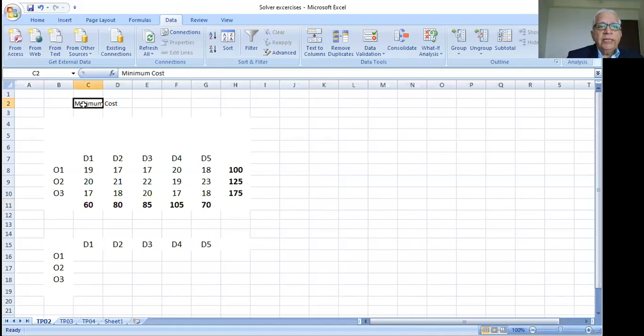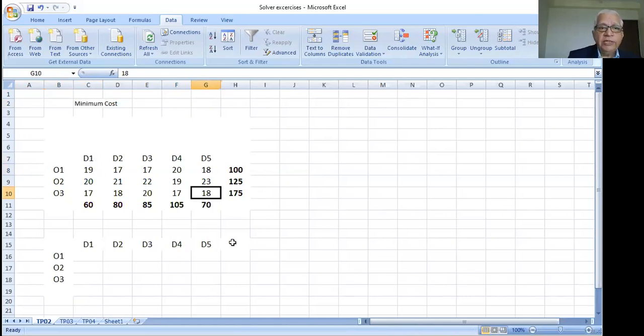What we are going to do is, in this minimum cost, we are going to target a cell. For example, this is E2. Either E2 or F2, we are going to generate the cost. Now, what will be the cost? These are cell costs. See, for example, O1, D1, the cost of the cell is 19. That means every unit transported from O1 to D1 is going to cost you 19 monetary units, $19, 19 rupees, 19 pounds, and so on. Similarly O3, D5, O3 row, D5 column, and the cost is 18.